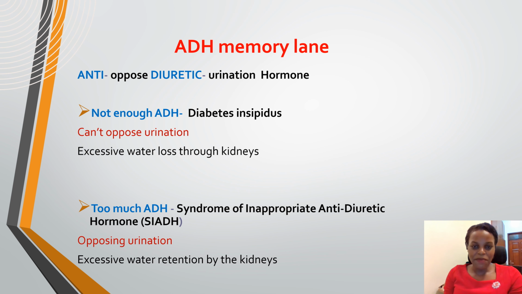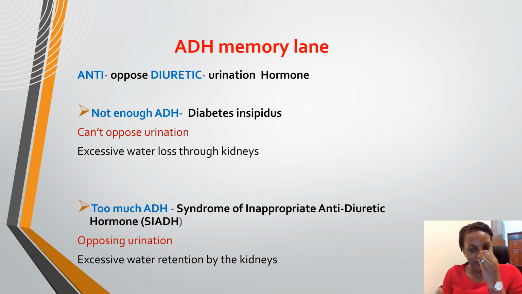So what is our memory lane for antidiuretic hormone? One, you should know that anti means opposition. Diuretic means passing out of urine. So if I have an anti-diuretic hormone, it's like I have an opposing urination hormone. I'm opposing urination. So if I don't have enough ADH,